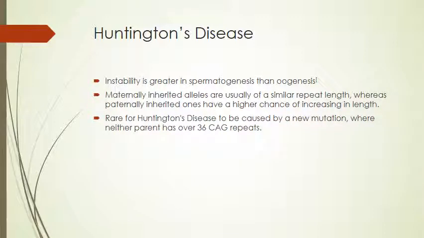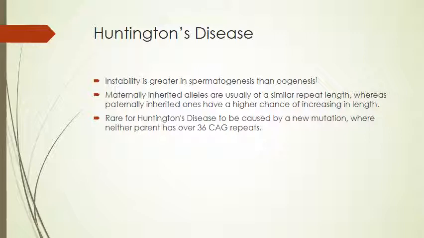Instability is greater in spermatogenesis than in oogenesis. Maternally inherited alleles are usually of a similar repeat length, whereas paternally inherited ones have a higher chance of increasing in length. It is rare for Huntington's disease to be caused by a new mutation, where neither parent has over